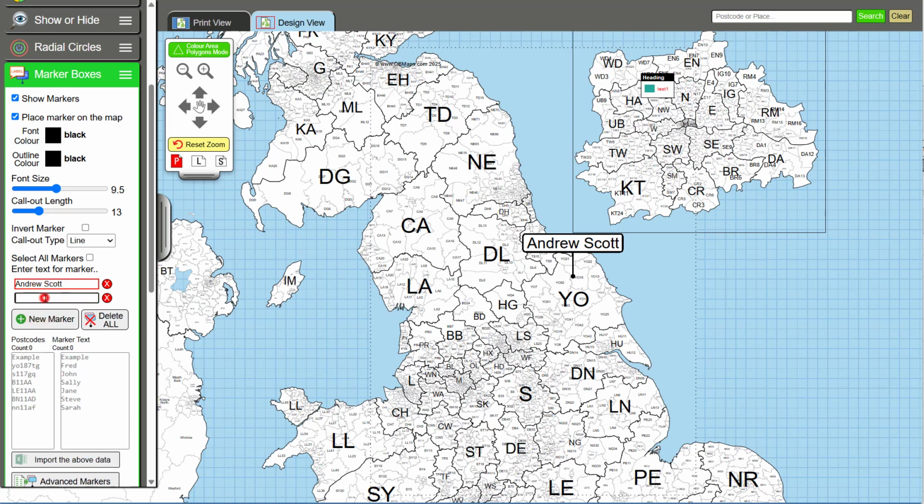If you want another one, click on the map. Now if you want to change the properties of each marker, just make sure whichever marker it is you want to change is selected here. Then you can increase the font size, you can change it from a line to an arrow, you can invert it,